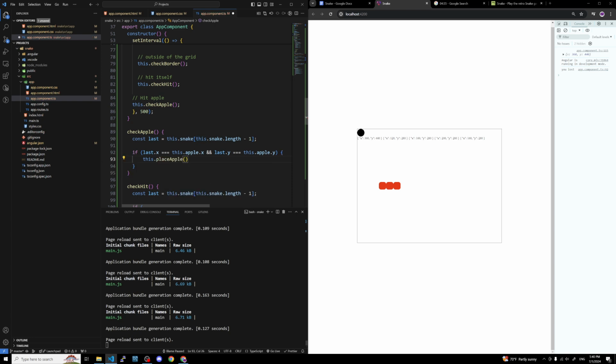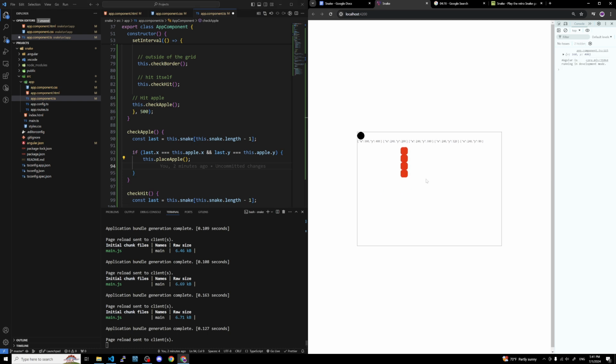Place apple. Okay, so placing apple, and then we have to extend the snake. So this is like a really important code that we have to do. I think what we can do is add a block that is same as the tail basically, and then in the next iteration it just goes as planned. I think that's how it goes. I'm trying to make sense of that. Okay, let me see. Okay, so whenever I eat something,